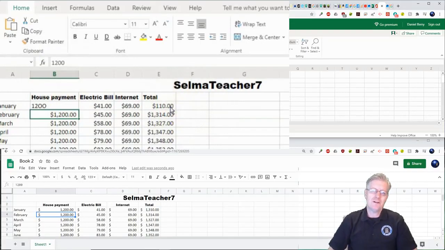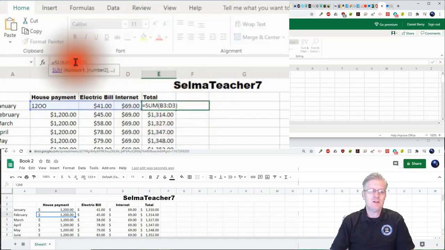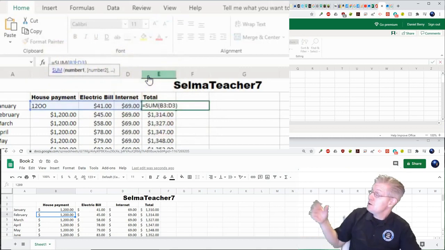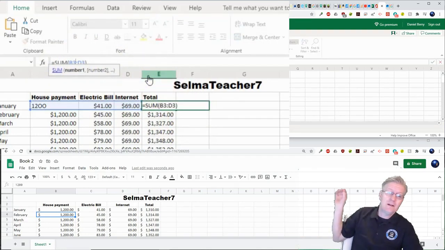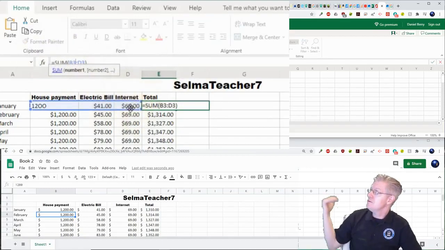So the artificial intelligence of both Excel and Google Sheets ignores labels. Again, it didn't change my function or my formula. Inside there it says equal SUM, and then it's adding the values inside of those cells.